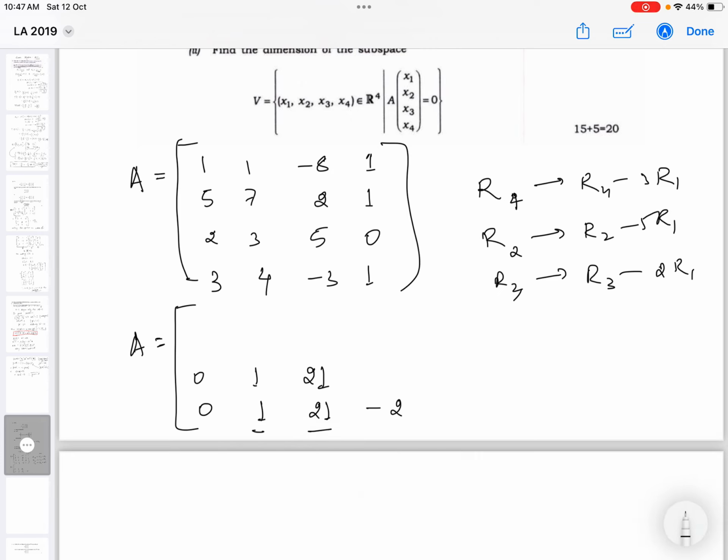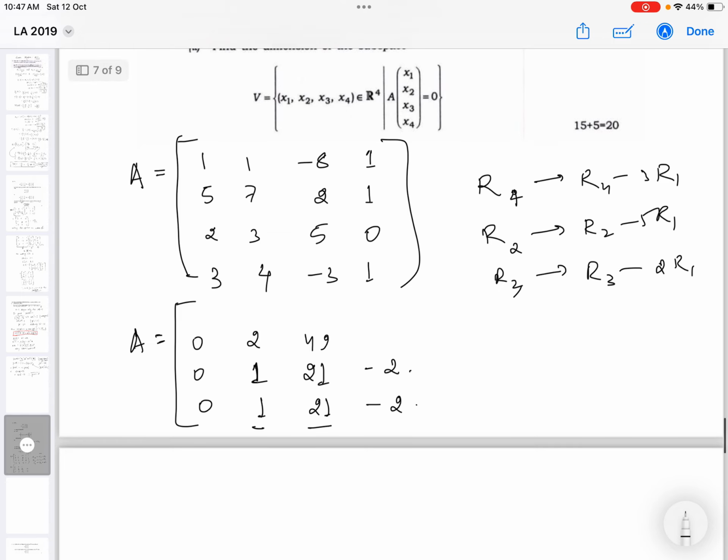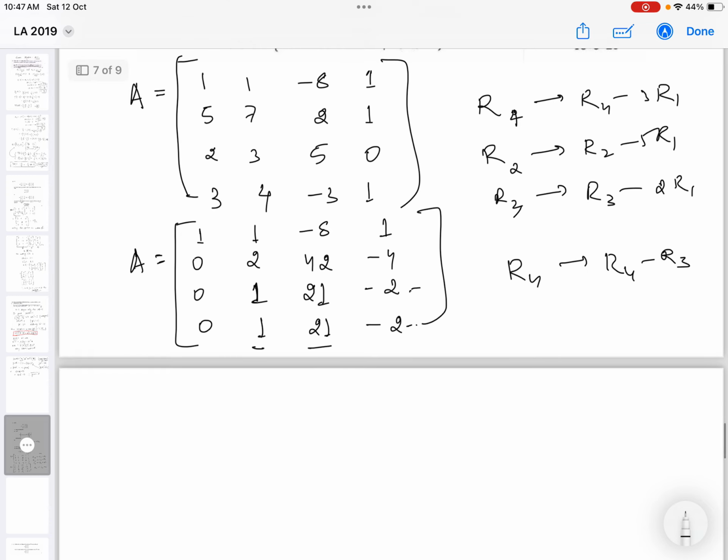Yes and this will become -2। अब ये रो सेम हो गए, it's fine। इसको 5 से 0, इसको 5 से 2, इसको 40 में 2 गया 40 में 42, इसको 5 से मल्टीप्लाई कर घटाया -4। So the life seems to be easier because we are able to see कि 2 से मल्टीप्लाई करके ये दोनों row same हो रहा है, ये same है। तो R4 को कर दिया R4 minus R3। अब यहाँ पे दिख रहा है कि like R2 is nothing but R3 is nothing but R3 minus half of R2।